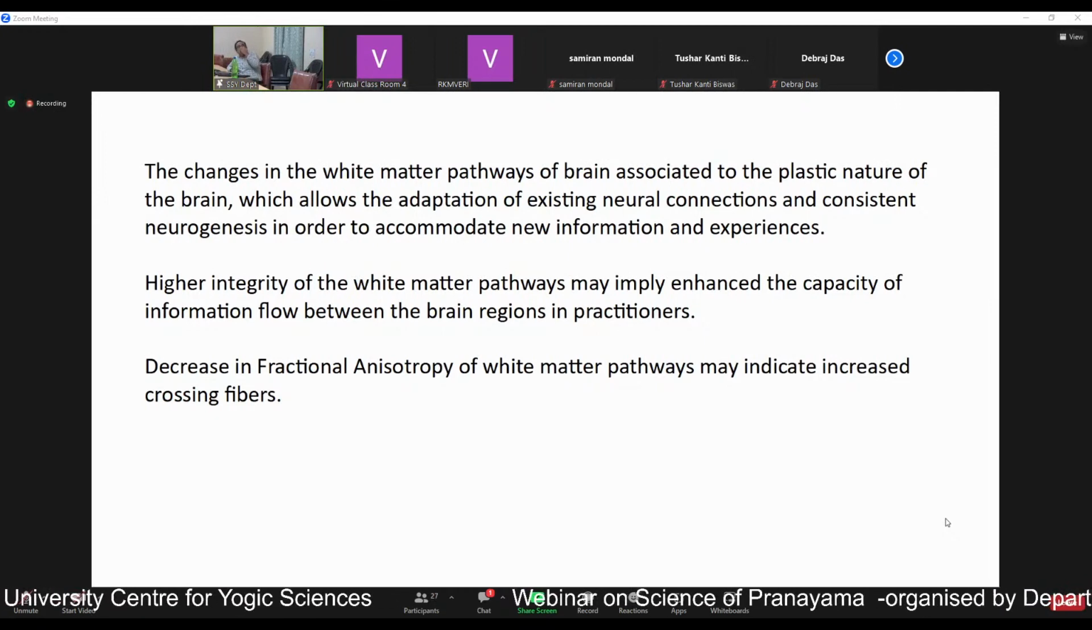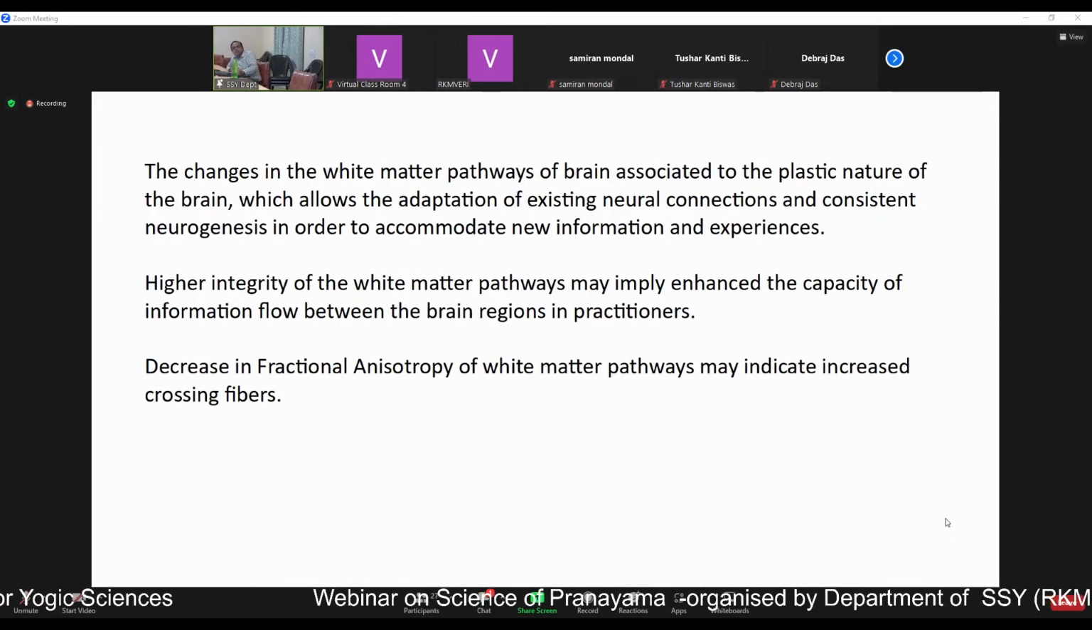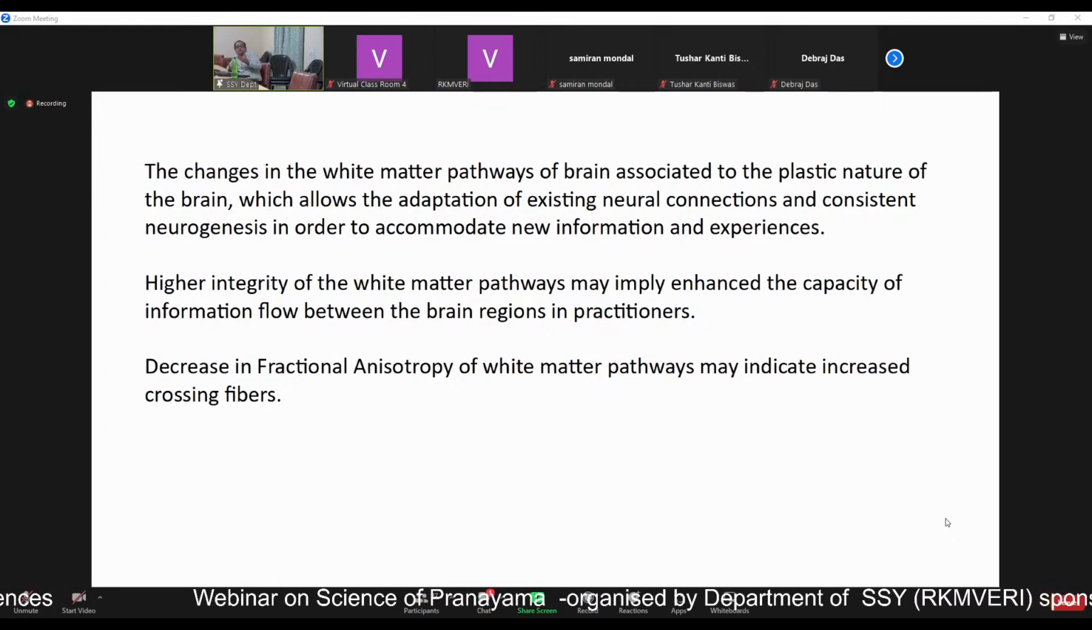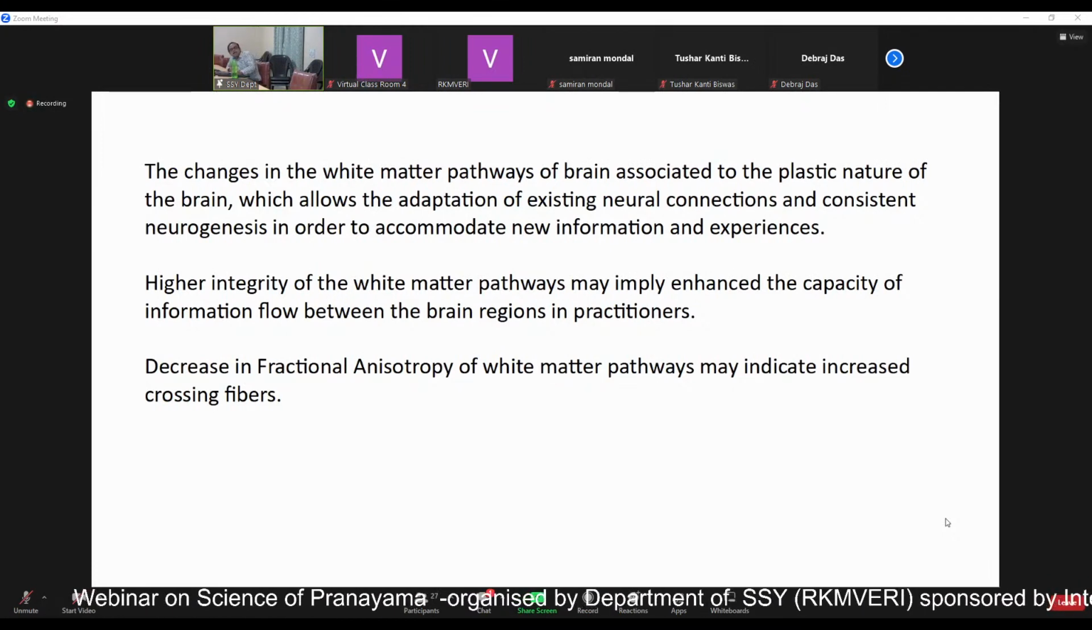So basically, I talked about how electrical current flows through those neuronal pathways. So it may happen that this increase in white matter integrity in meditators helps them have more capacity to flow more electric current through the white matter pathways. And a decrease in that integrity parameter, which is called